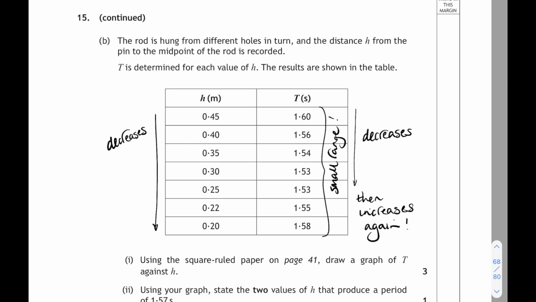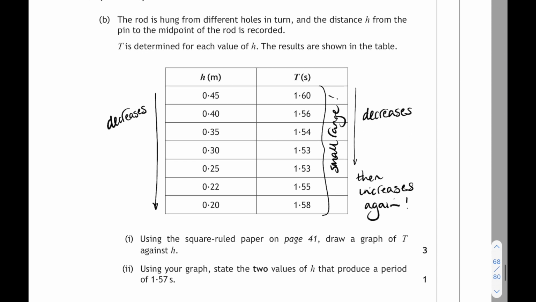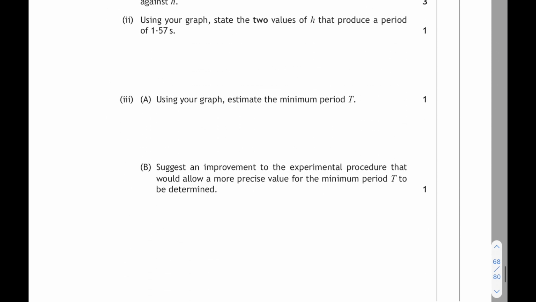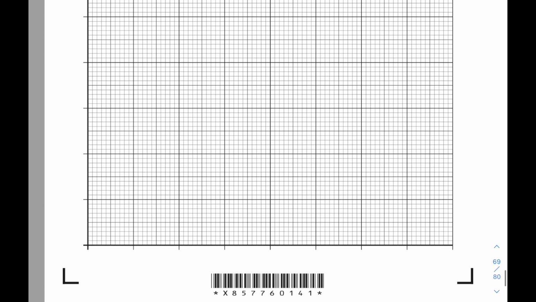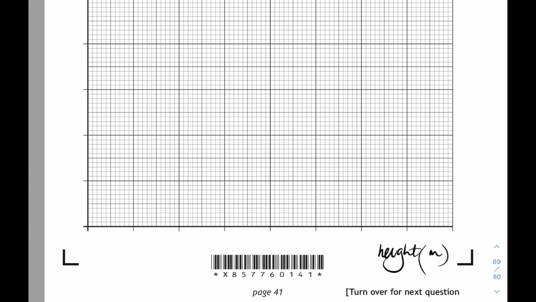So I am not going to start my graph from the origin on the x or the y-axis. I'm going to choose my axis quite carefully here. I'm going to copy that table down onto my graph paper so I can see what's going on. Now remember, we want height along the bottom. Label it first, height in meters. And my heights started at 0.2, so I'm going to put 0.2 at the origin of my graph and go up 0.25, 0.30, I'm going up in 0.05s, and I'm going up to 0.50,